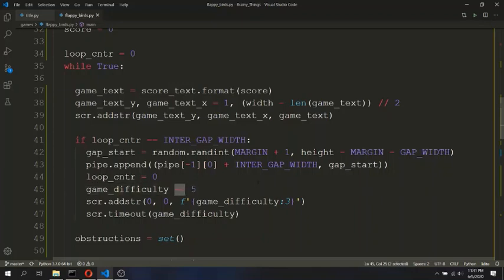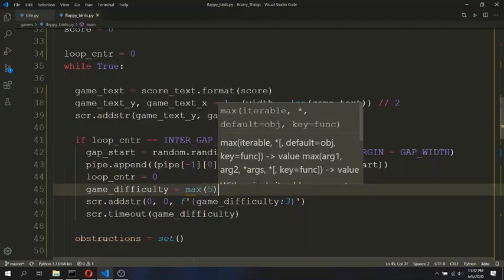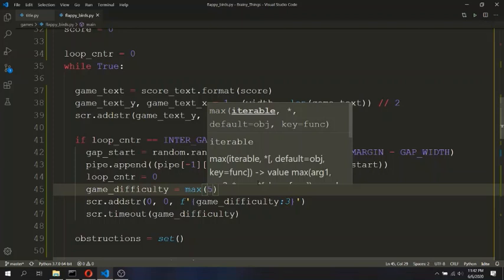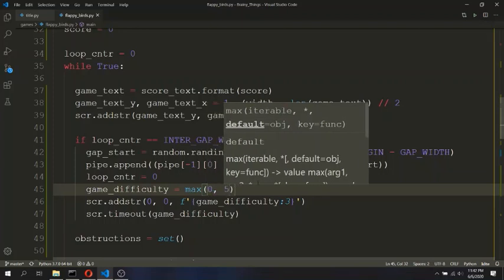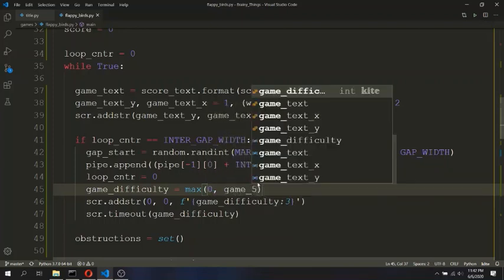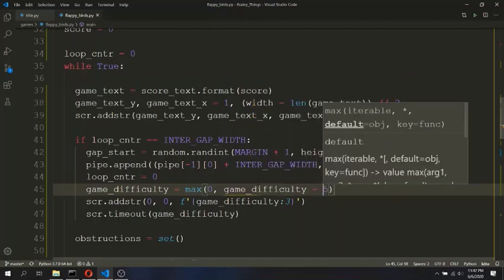So instead of directly decrementing 5 from this game difficulty, we will set it to the maximum of 0 and game difficulty - 5.